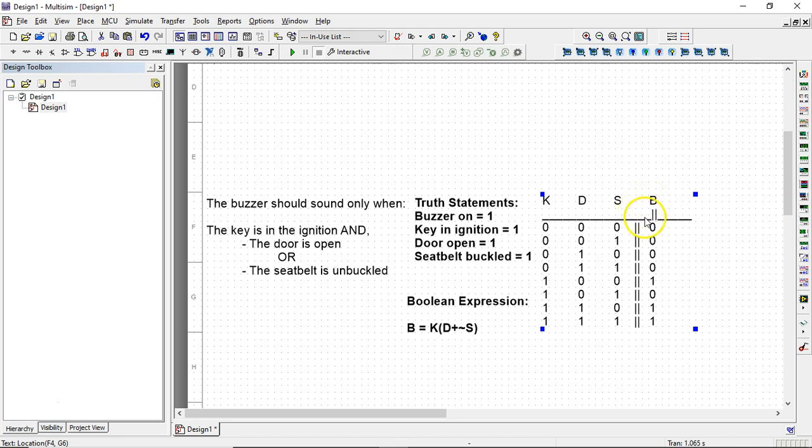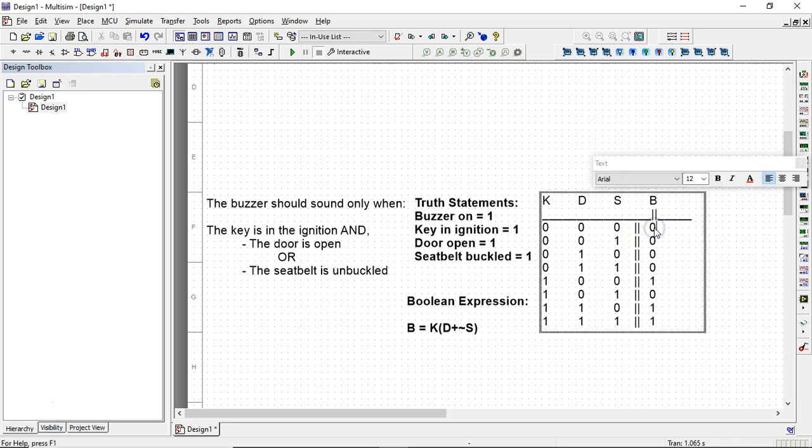Based on that, I've come up with the following truth table, which you can see here. I have 3 inputs, K, D, and S for key, door, seatbelt, and 1 output, B, for buzzer. Now I have to work through this truth table to generate all of these outcomes. I don't know what these are, but I can work through line by line with this truth table and determine